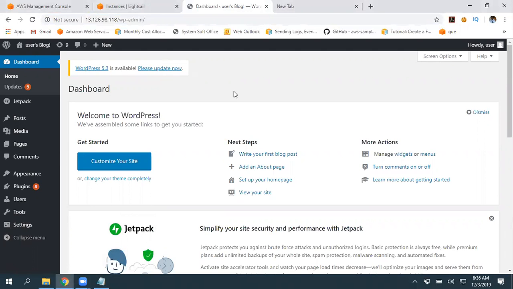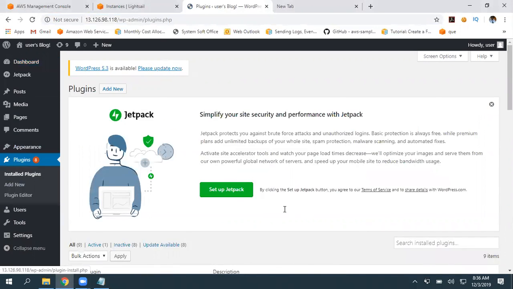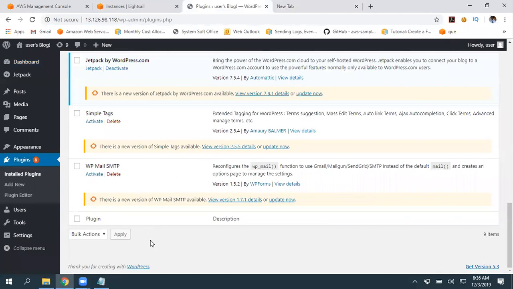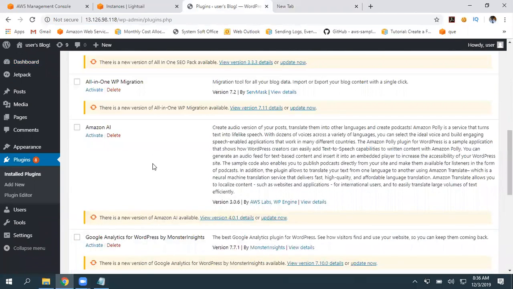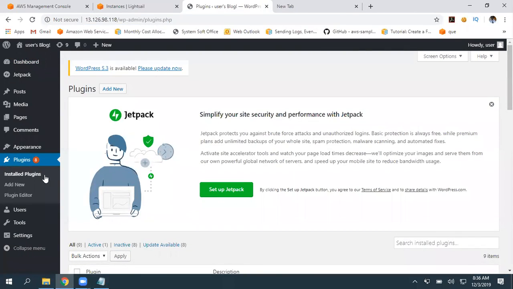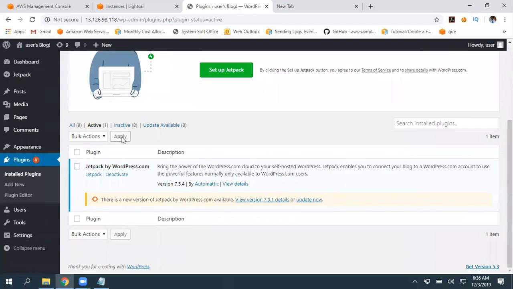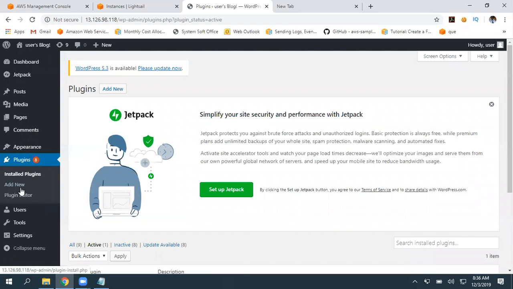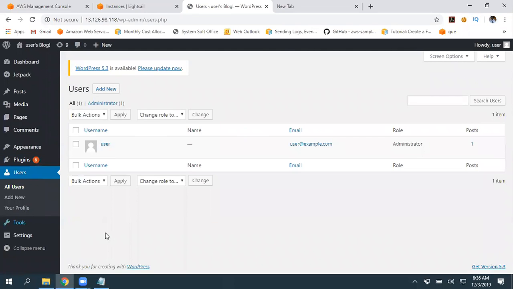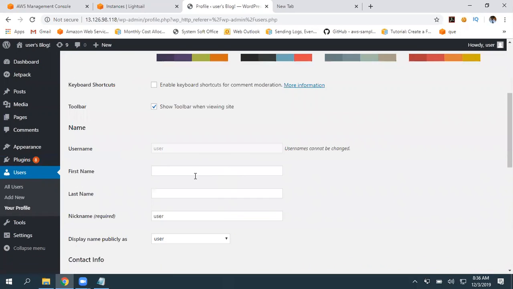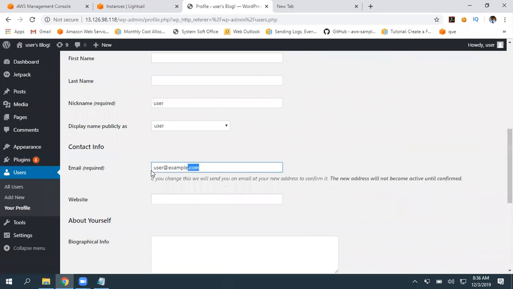And if you want to add any plugins, you can go to plugins, and here you can add whatever plugin you want. And these are installed plugins. What are the plugins we already have? These are active plugins. And if you want to create users, by default we got a user called user, right? If you want to edit, you can go and edit, give your username, set up your password, and change it to your email ID. So in future, by using your email ID only,